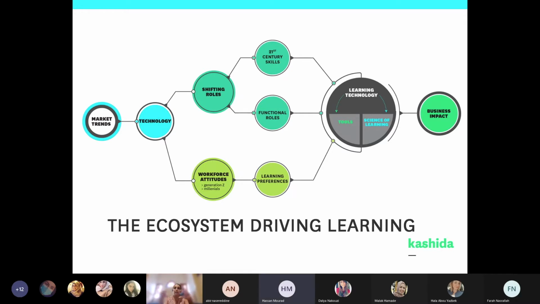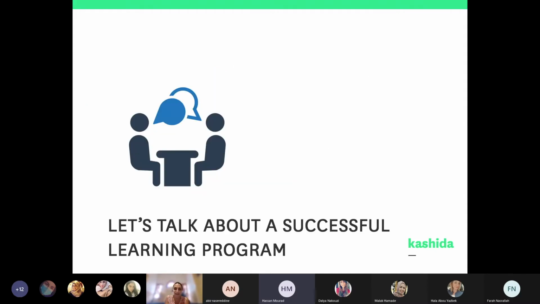All of this boils down to a real need for an advancement in learning technology, whether it's the tools and the space that we use, or the science of learning and understanding how people learn, so that we have changing business impacts and a better space. That's why most companies, organizations, and developmental programs have focused on learning as their key factor for progress and sustainability. This is just to explain the landscape.